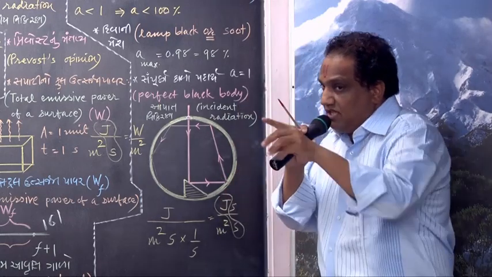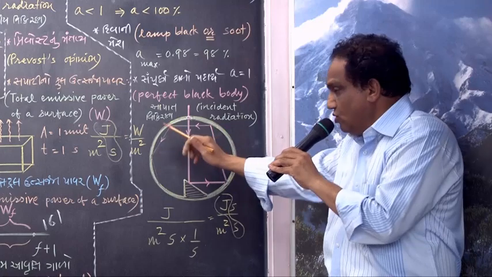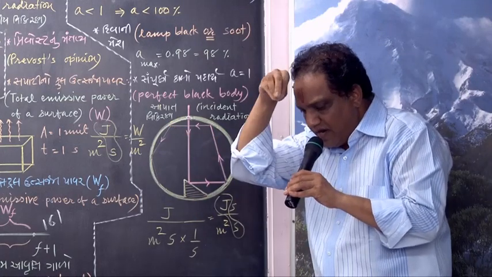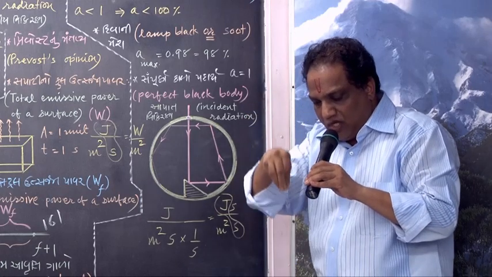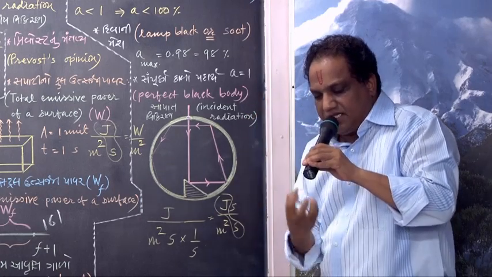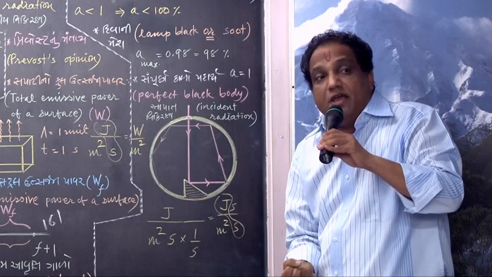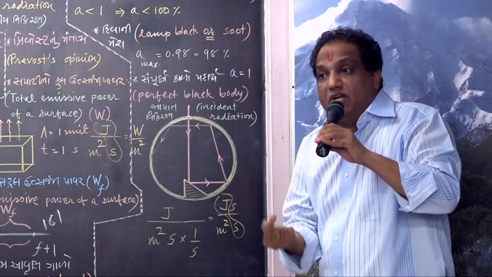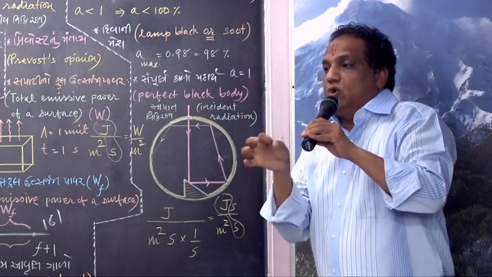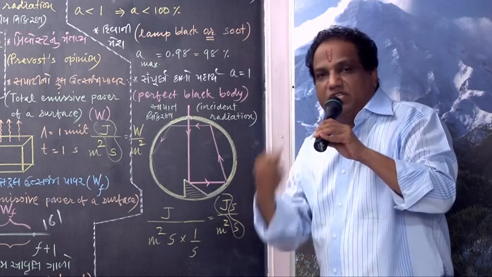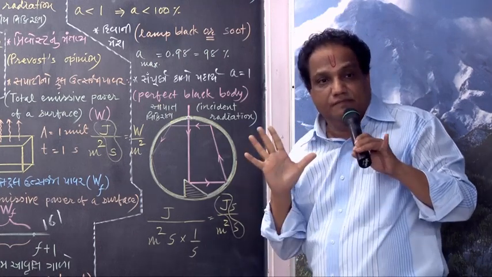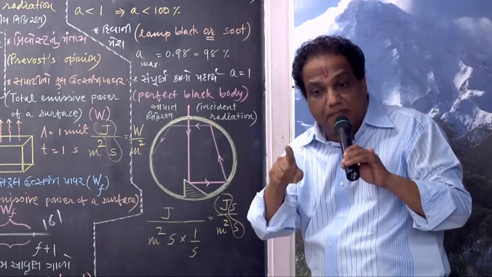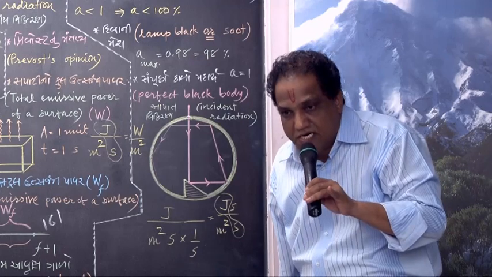You don't bother whether it is absorbed here or here or here. You bother for the radiant energy which you had made incident on the hole. Whatever radiant energy you make incident on the hole, it is getting completely absorbed. No part of it comes out. So you can say that the hole has 100% absorptivity, and then such a vessel having this sort of hole can be taken as a perfect black body.